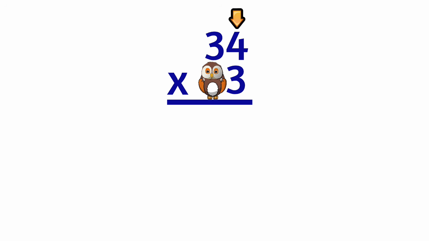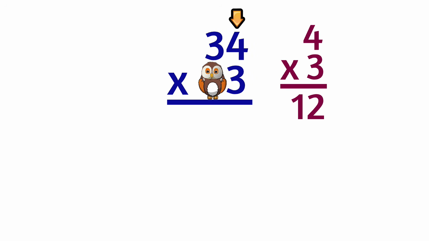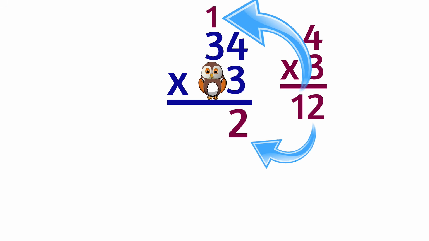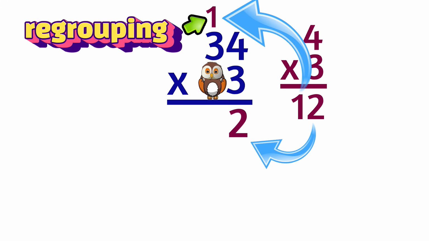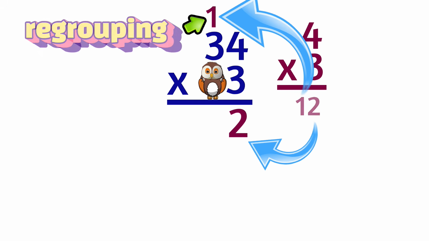First, we multiply the ones. What is 4 times 3? 12. Awesome. Now 12 is a double-digit answer, so we will need to regroup. Do you remember how this works? We write the 2 down here in the ones place. And where do we put the 1? Yeah, up here. This 1 represents 10. That's why it goes up here in the tens place. That's called regrouping. The 2 in 12 stays down here, and the 1 is carried up here with the tens.